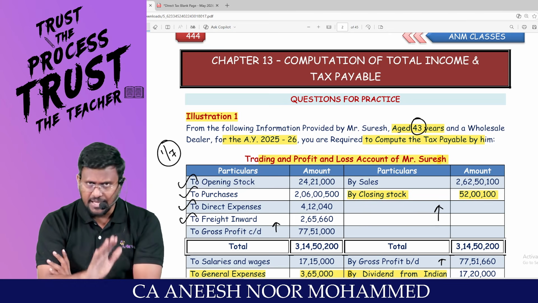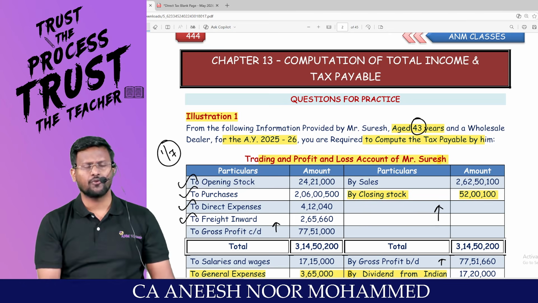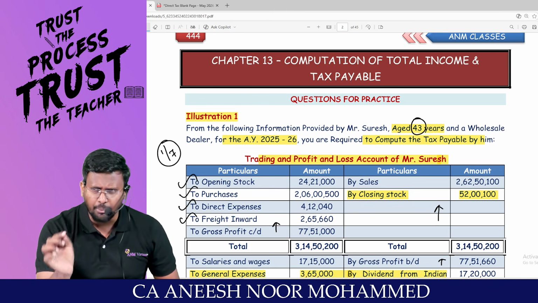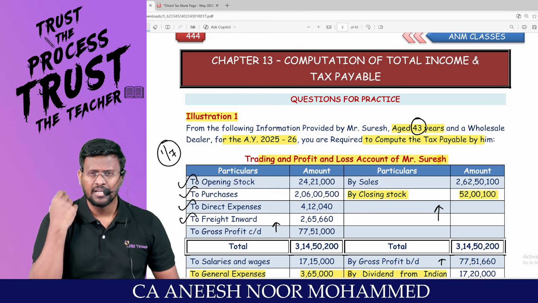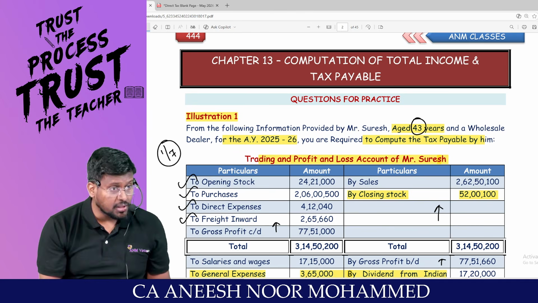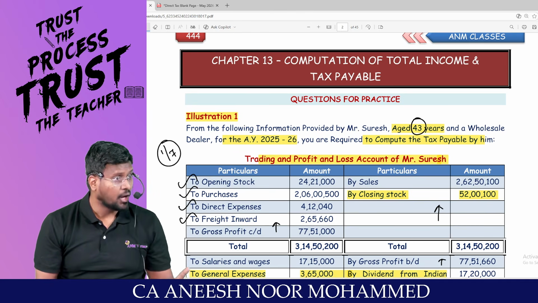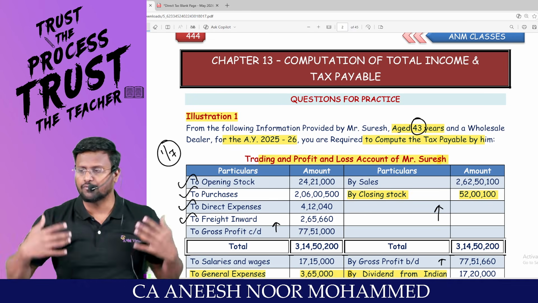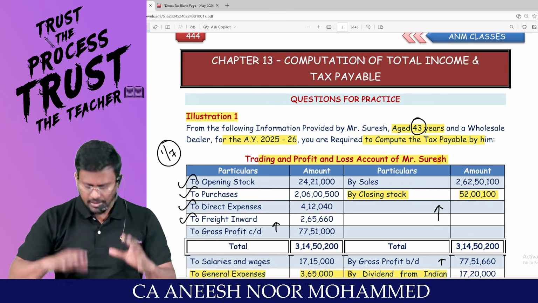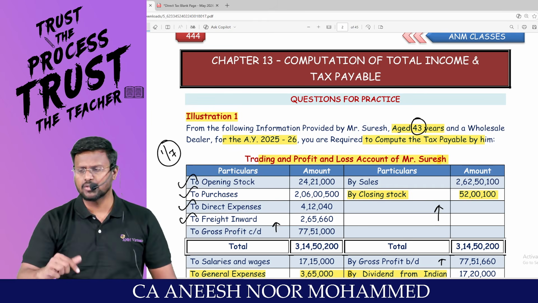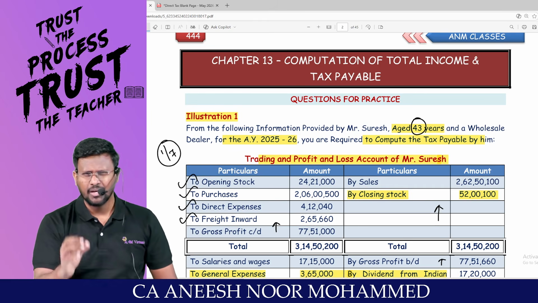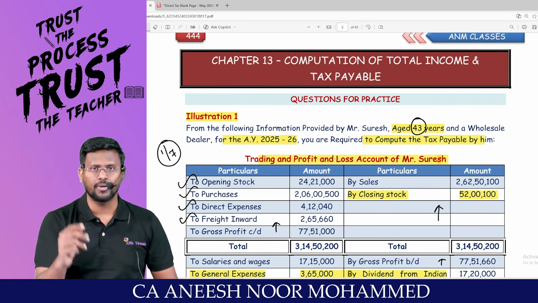I am just asking you to pause for 10 minutes before I enter into question number 2. Just quickly go through the adjustments. Note the important points. What did you feel was new to you? Oh sir, I thought that any payment made to a bank and NBFC, no need to deduct TDS. Oh, NBFC, it is liable to deduct TDS. That is a learning for me, sir. Sir, that local political party, sir, I got a big hit, sir. Something you would have learned in this question. Inform me what you have learned new in this question. Settle yourself in 10 minutes and come back. We'll be moving into question number 2.